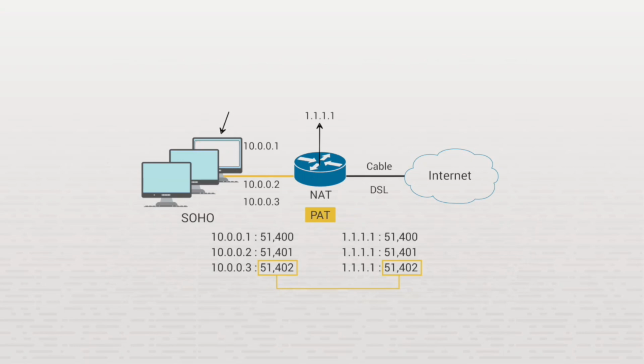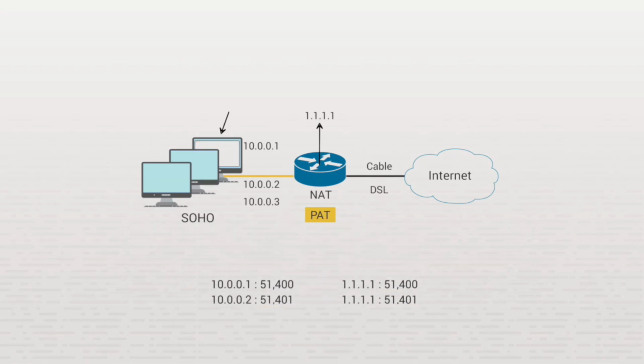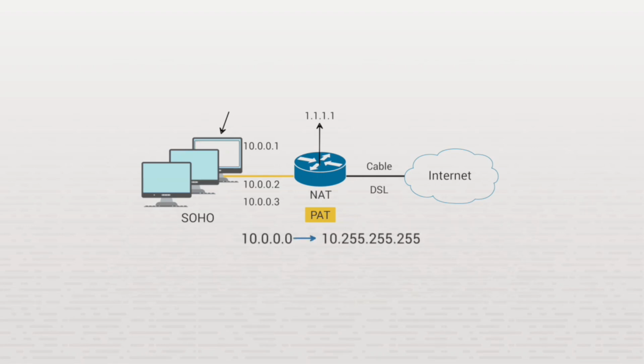By assigning internal hosts private IP addresses and using a NAT router, the same public IP address can be shared by hundreds of devices, but you need to make sure you configure the router and hosts with private IP addresses. The Internet Assigned Numbers Authority, IANA, has assigned three IP address ranges for private use. These are 10.0.0.0 to 10.255.255.255,